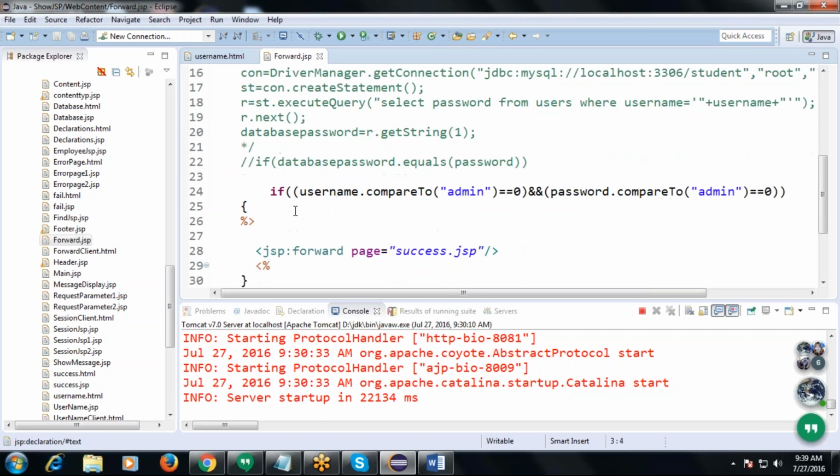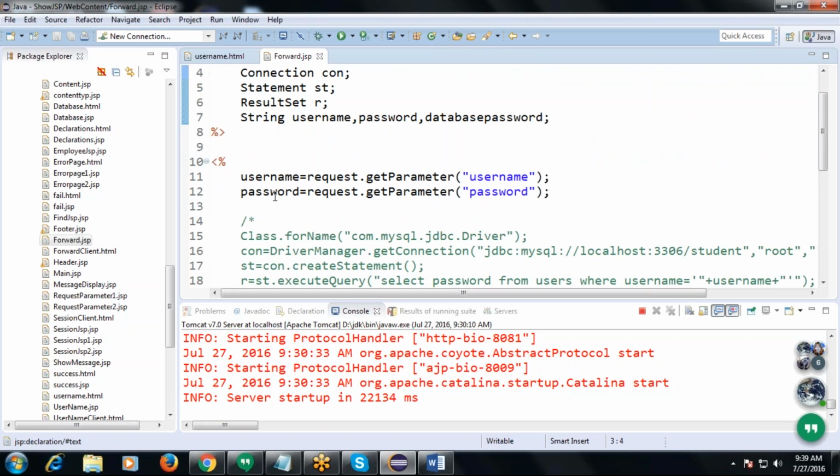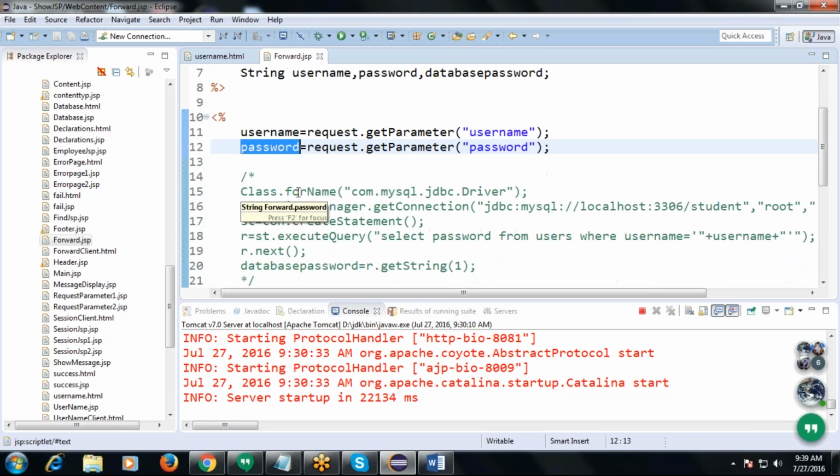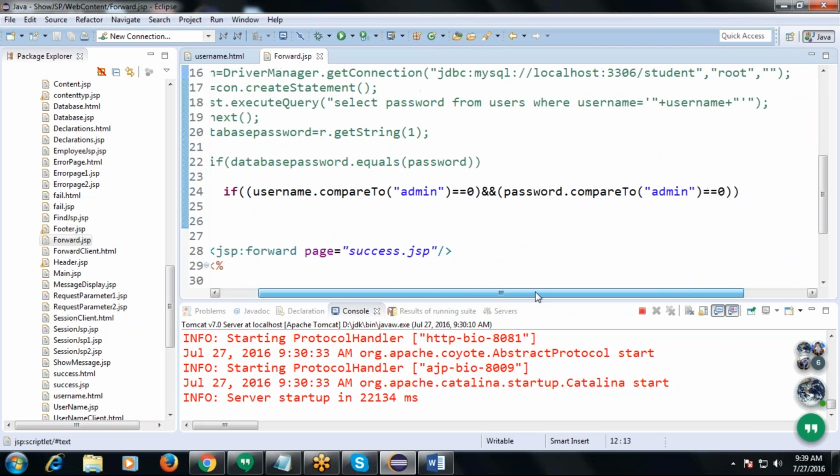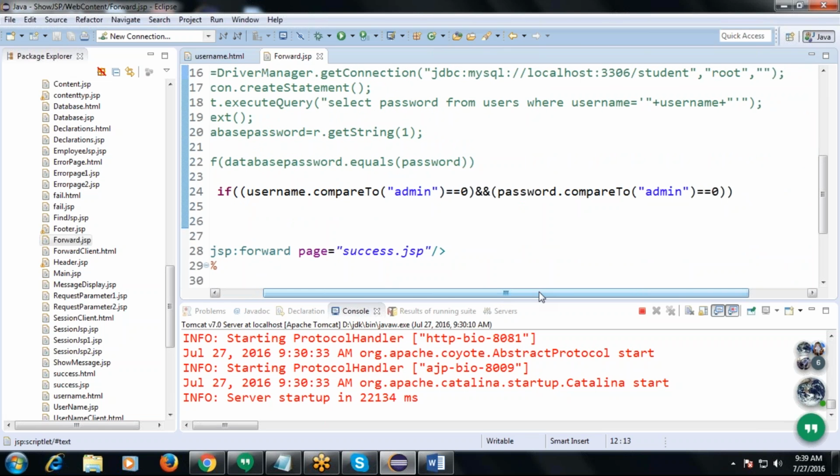Okay, fine. Now, after username and password are retrieved into these two variables, we did some comparison here. How we did the comparison logic, you see, with a method called compareTo. Okay. If the given username is at